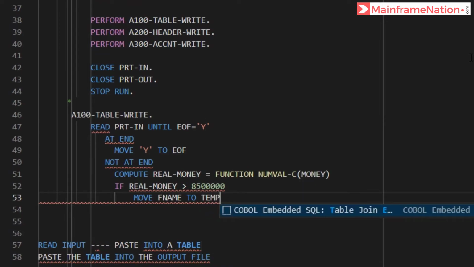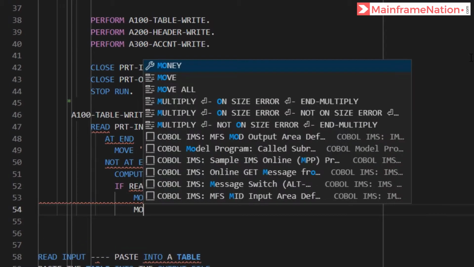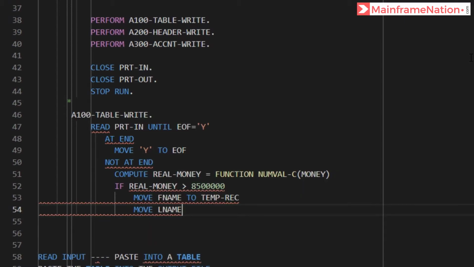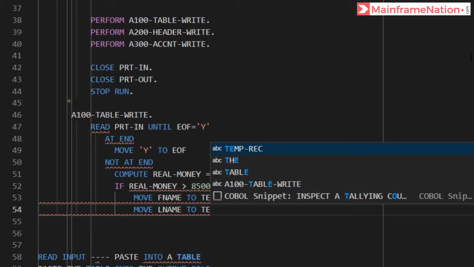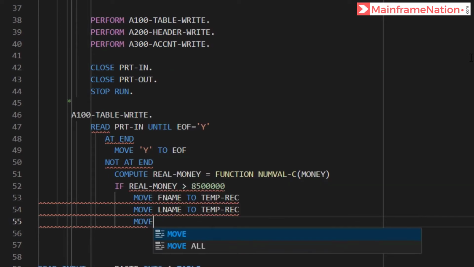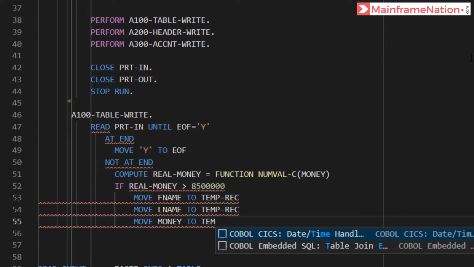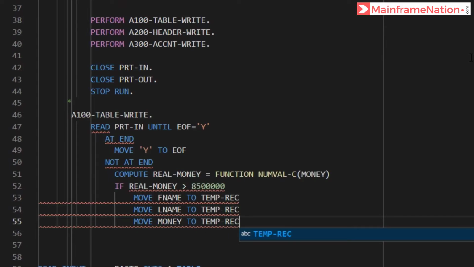So let's create a variable called temporary record. Let's move it to temporary record. Same way move last name to temporary record and move money, real money. Or we can move money as well. Move money to temporary record. So this will overwrite it.